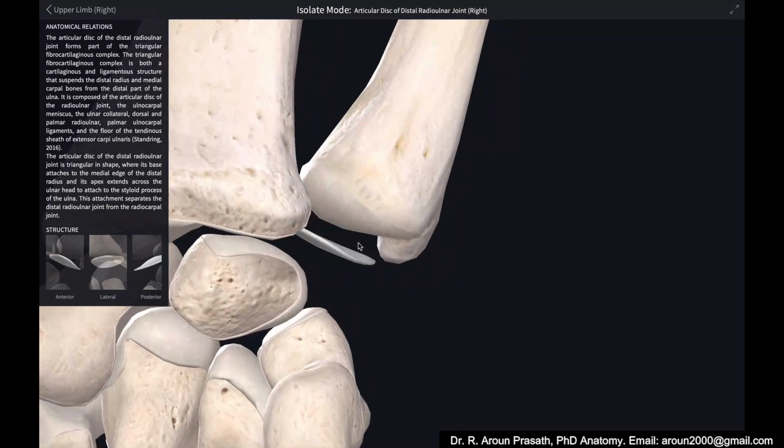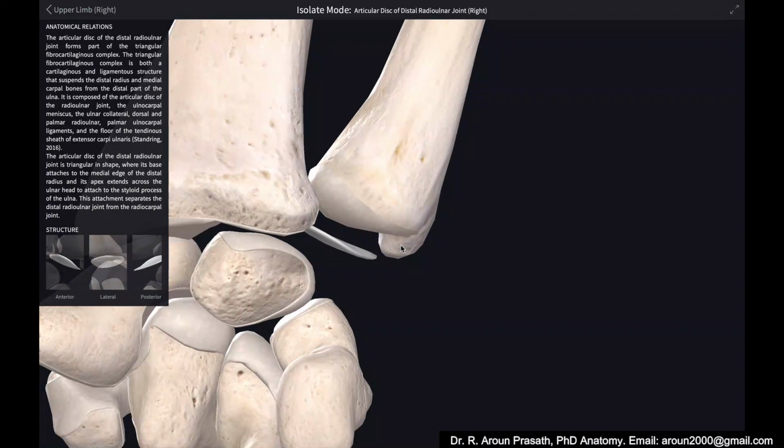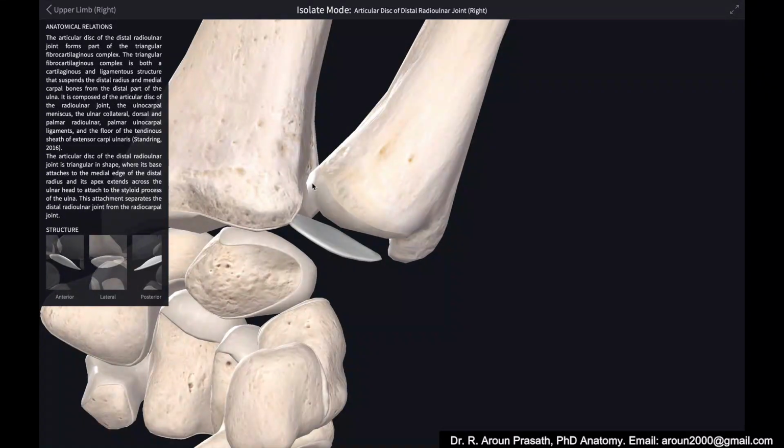Okay, so these are the various parts of the ulna you should know. This is the ulnar styloid process. This is the head of the ulna, and this head of the ulna is articulating with the radius, forming the inferior radio-ulnar joint. This is radius, this is ulna, and this is the inferior aspect. So, the inferior radio-ulnar joint.